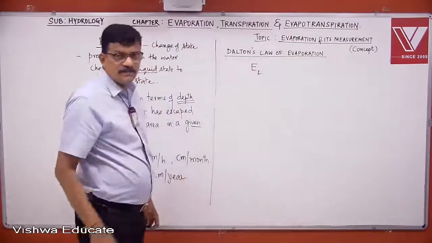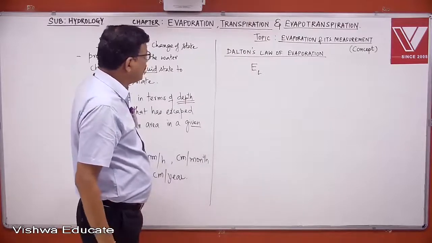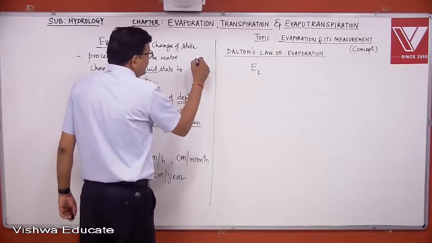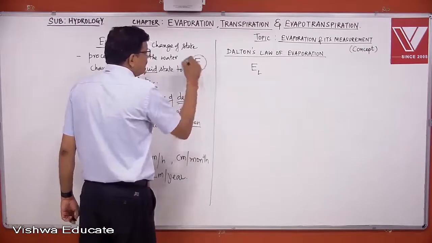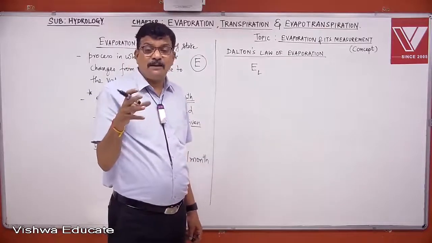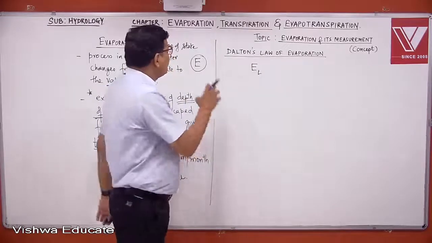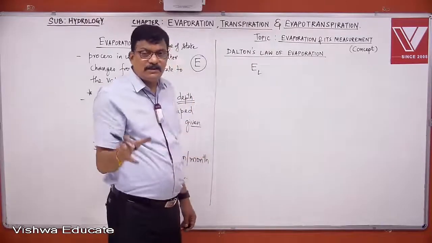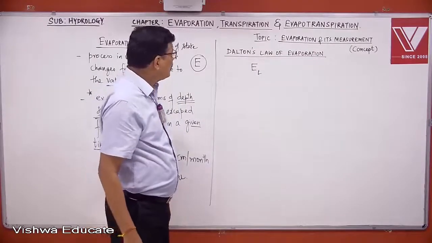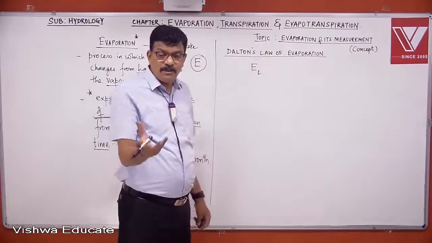E with the subscript L. L stands for loss, E stands for evaporation. Okay, so evaporation we shall indicate as E. As we have used the capital letter P for rainfall or precipitation, the capital letter E will now stand for the evaporation depth. Okay, so the evaporation loss according to this law from a water body